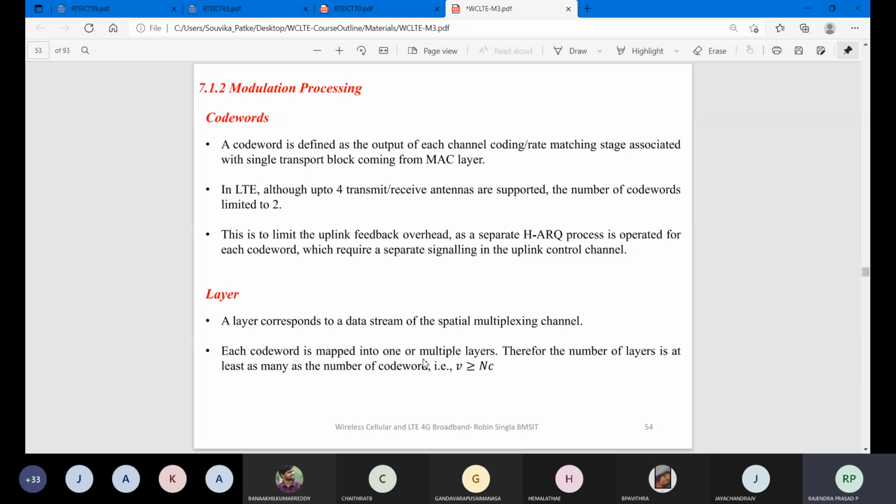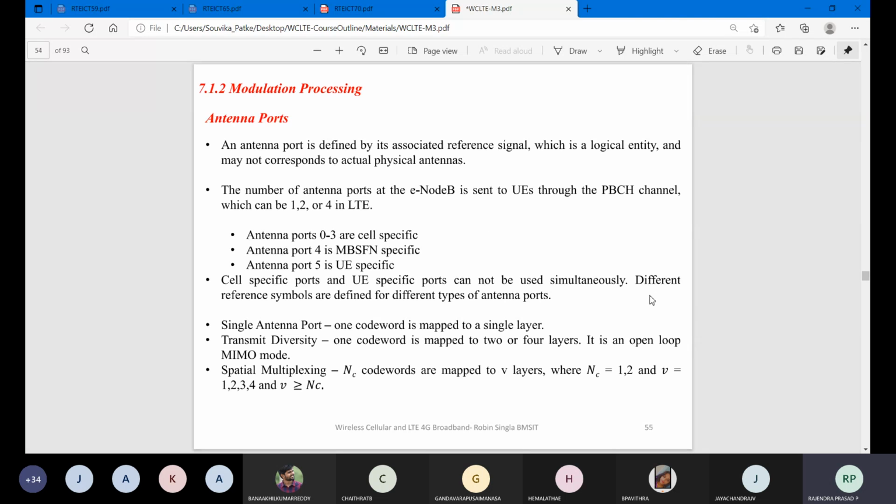Okay, a layer corresponds to a data stream of the spatial multiplexing channel. Each code word is mapped into one or multiple layers. Therefore, the number of layers is at least as many as the number of code words. That is why V should always be greater than or equal to HC. Now, HC we have taken as 2 code words, so the V value will always be equal to 2 or more than 2.